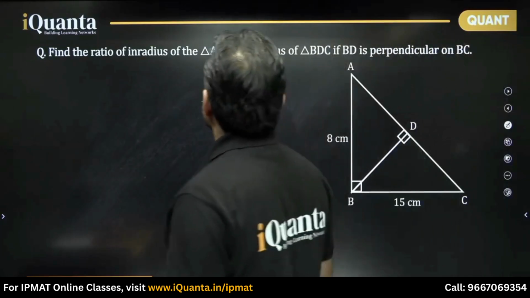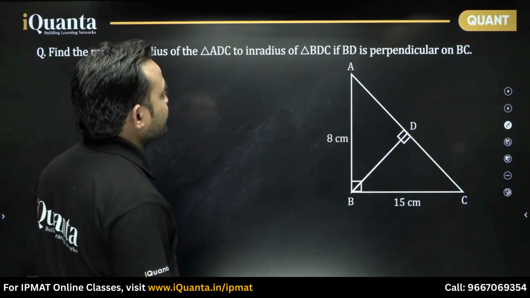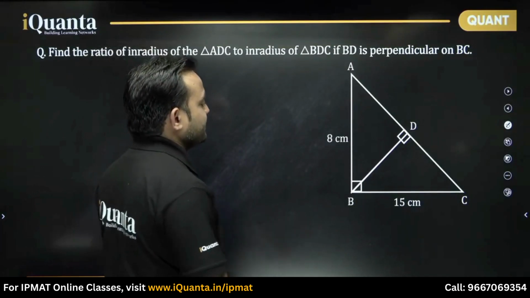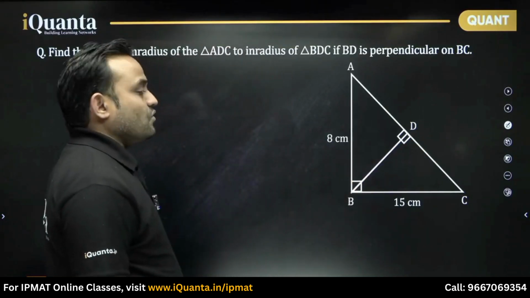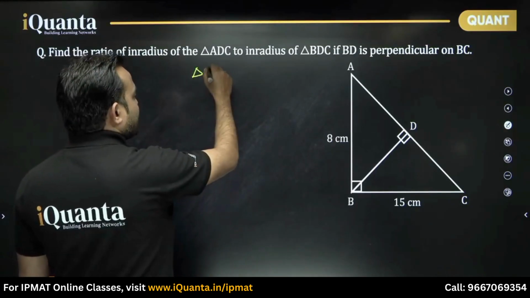Find the inradius of triangle ADC to the inradius of triangle BDC, if BD is perpendicular on BC. So we already know that triangle ABD